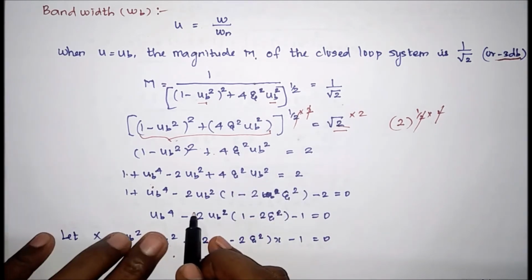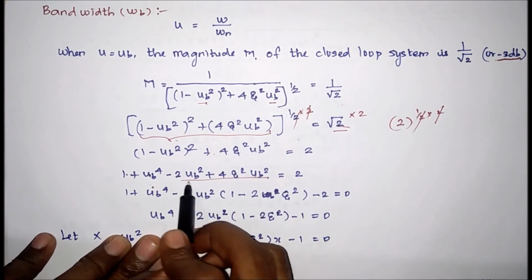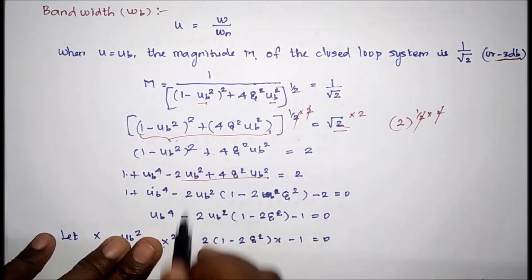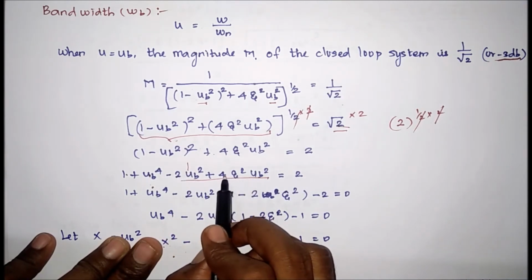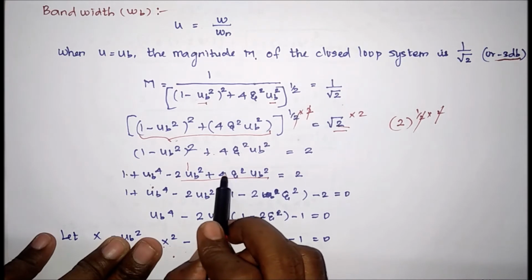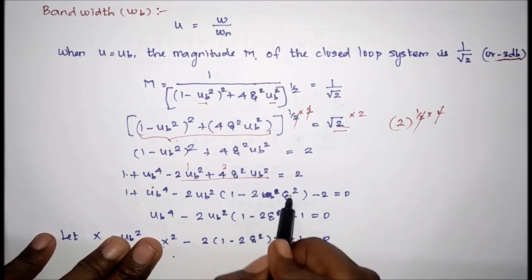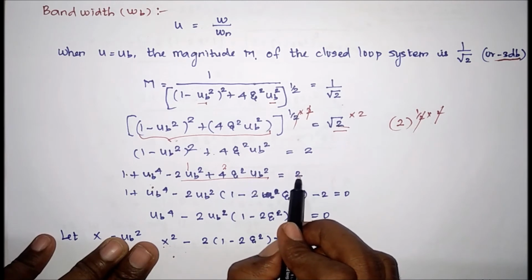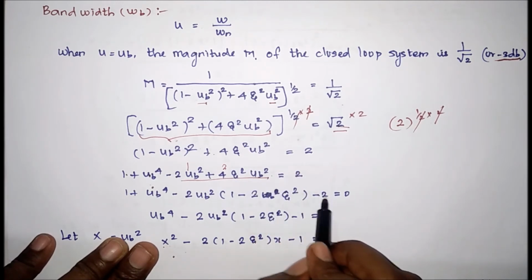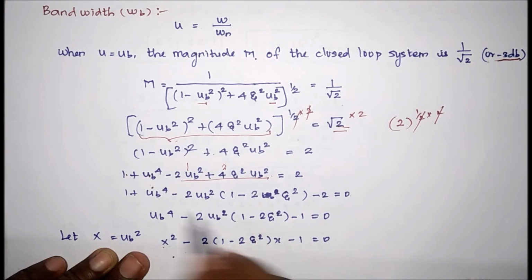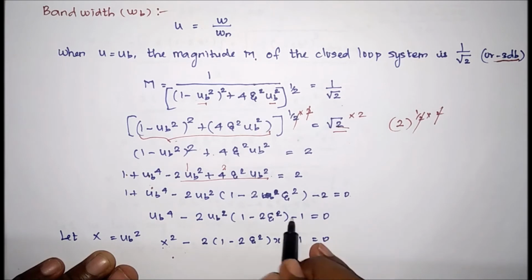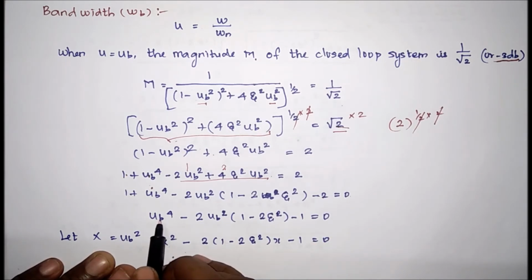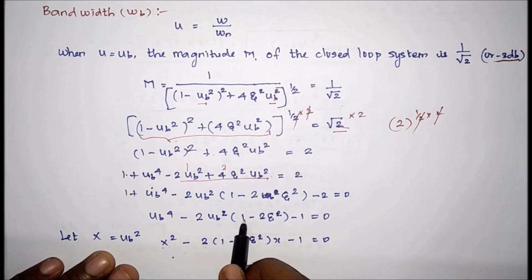So now what we are going to do, from these two terms we are going to take minus 2ζ_b outside. So inside will be 1. Here we have taken 2ζ_b square outside, therefore inside will be another 2η square. So we are going to bring this 2 to the left hand side, therefore minus 2 equal to 0. So now here plus 1, here minus 1, minus 2. If we add these two, here it will become minus 1. So now ζ_b power 4 minus 2ζ_b square into (1 minus 2η square) minus 1 equal to 0.